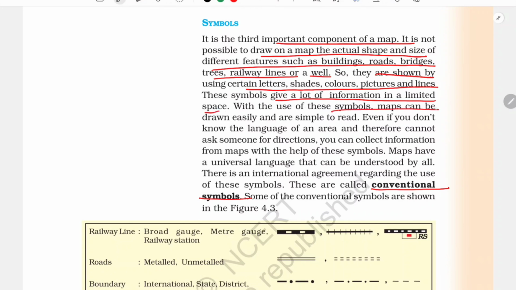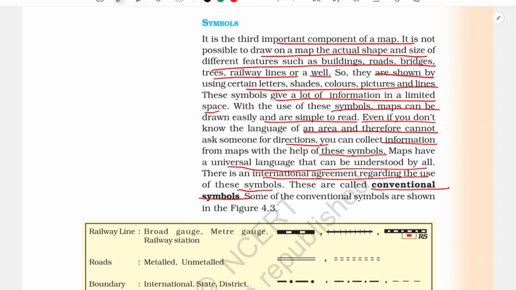So with the use of these symbols, maps can be drawn easily and are simple to read. And even if you don't know the language of an area and therefore cannot ask someone for directions, you can collect information from maps with the help of these symbols. Maps have a universal language that can be understood by all, and there is an international agreement regarding the use of these symbols. So there are certain symbols which, by agreement, will always represent these things,